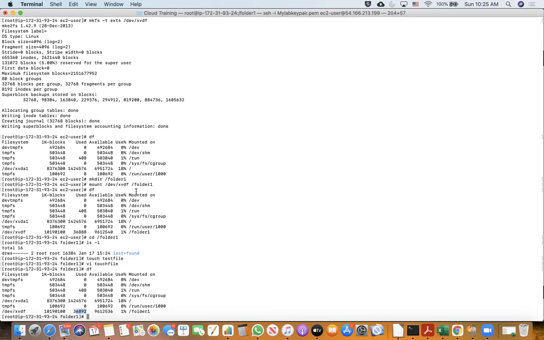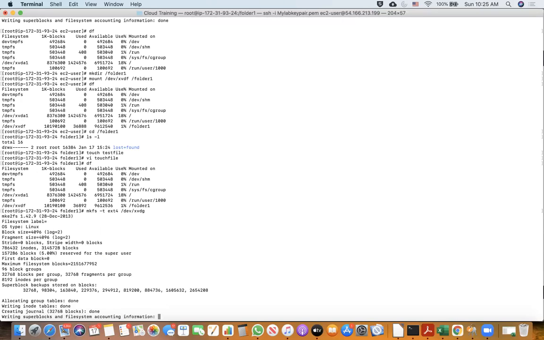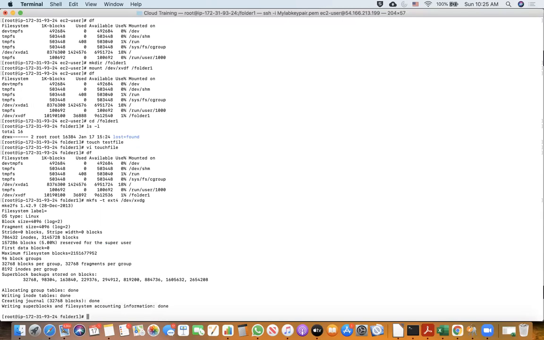Now let us attach the second volume also, so we can complete this particular portion of what we are trying to do. I am now creating the file system for the second volume as well. Okay. So now the file system is created, right?